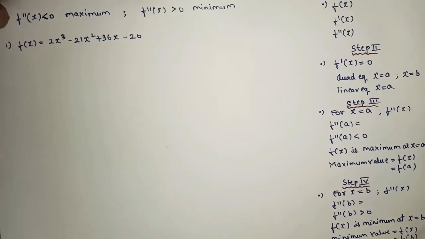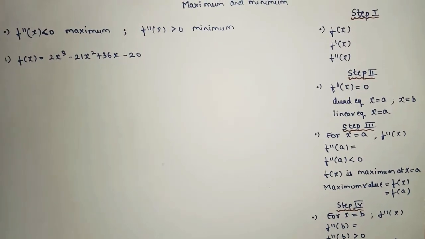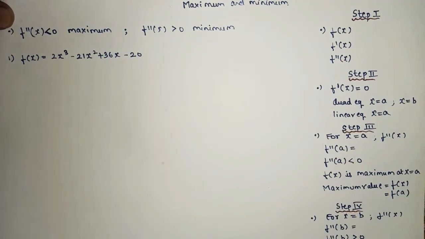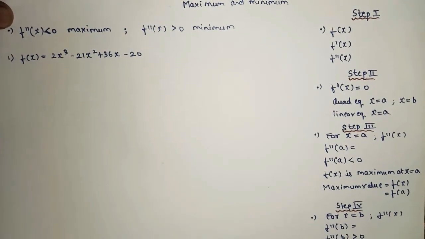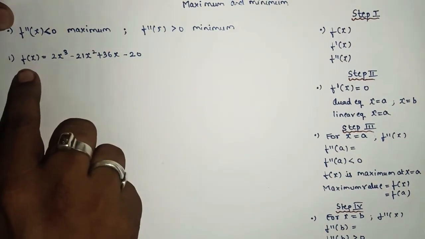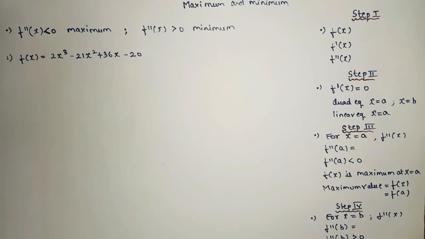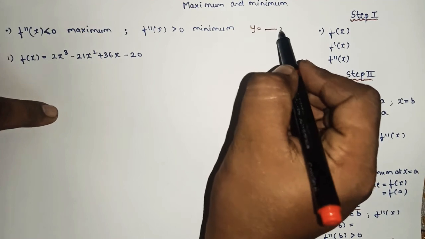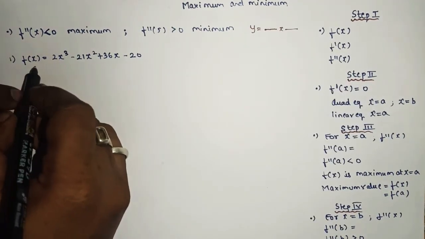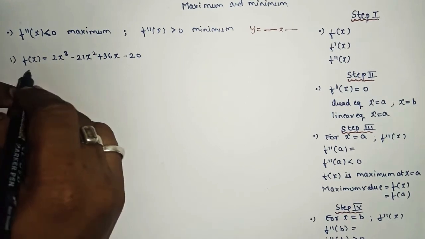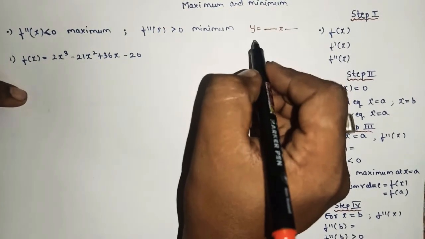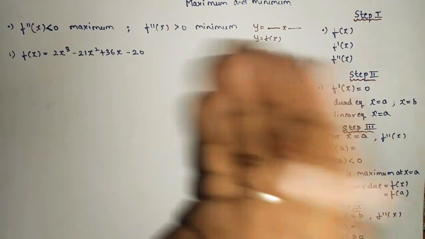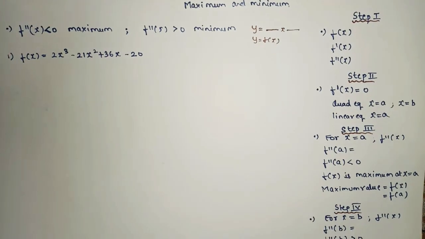It is not compulsory that for each and every sum you will get both answers, maxima and minima. Sometimes you will get only maxima, or sometimes only minima. Here you will have one function, that is f of x. F of x is what we used to write as y equals the right hand side term, in terms of x. So y is nothing but f of x only. Y is also known as a function and f of x is also known as a function, just here y is replaced by f of x, that's it.